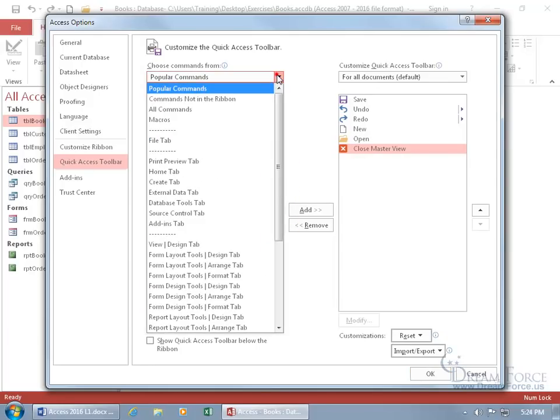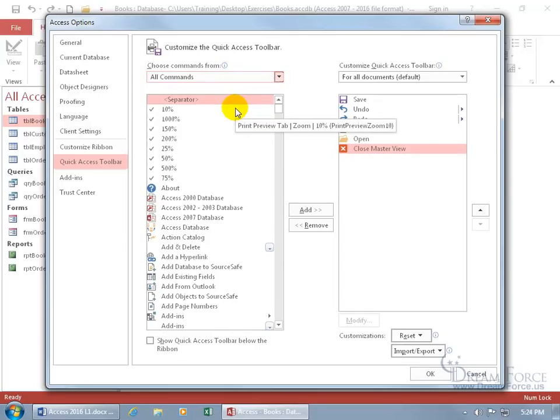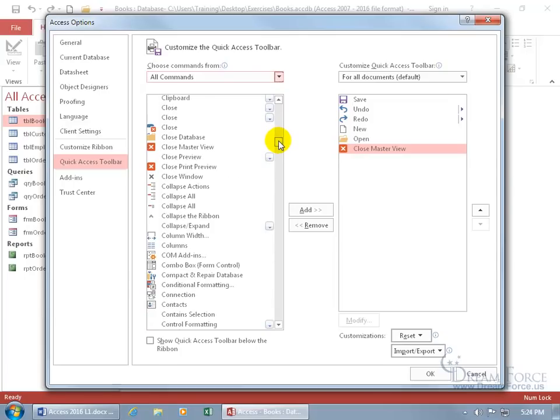And then besides the popular commands here, there's more. So you can click on the drop-down arrow and choose all the commands that are available for you to put on the Quick Access Toolbar, and there's quite a bit. And it's sorted first numerically, then alphabetically. So if I want to go down to the C's here, like maybe I want to add the Close Window command, we can go ahead and just double click to add it over to the right,